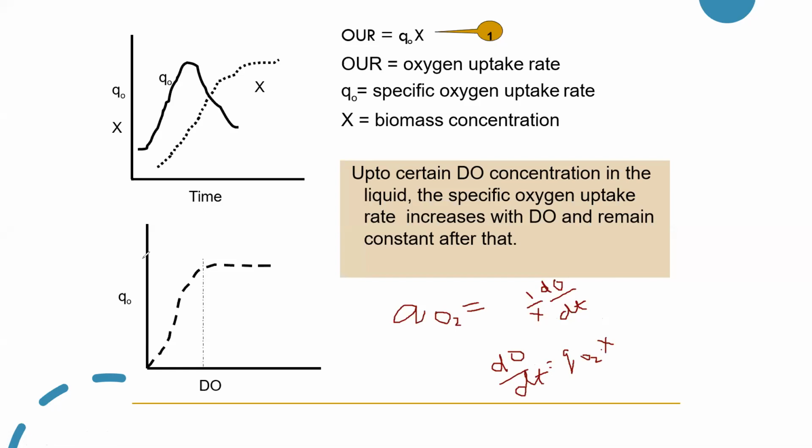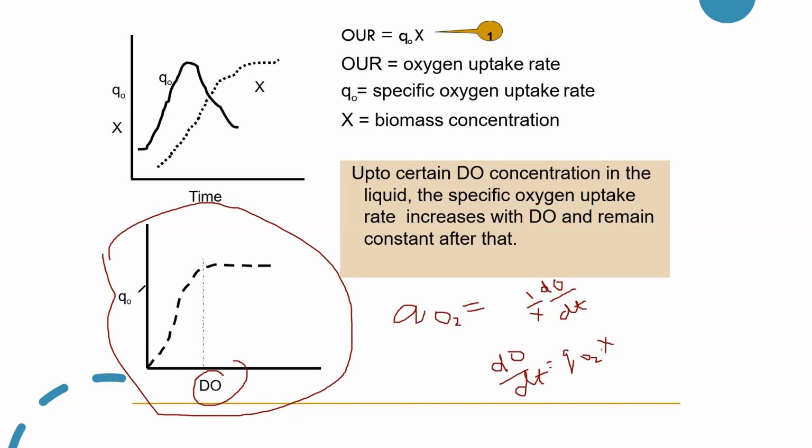Now, what is this figure? This figure on the left side is showing me how the level of dissolved oxygen that you are giving in the bioreactors is related with the specific rate of oxygen consumption per unit biomass by the cells. So you can see that in the starting of the process at time t is equal to 0, as you are increasing the level of the oxygen in the fermenter, initially it is going to increase, right? Initially the rate of uptake of the oxygen is enhancing, but after a particular time it becomes constant. You can see that no matter how much amount of the DO you are increasing in the reactor, still the level of the QO2 becomes constant.